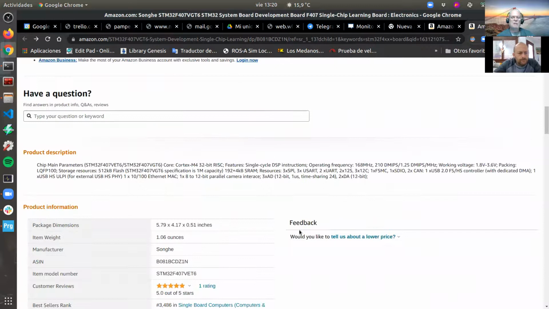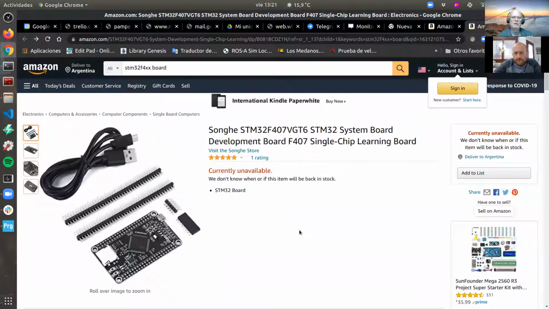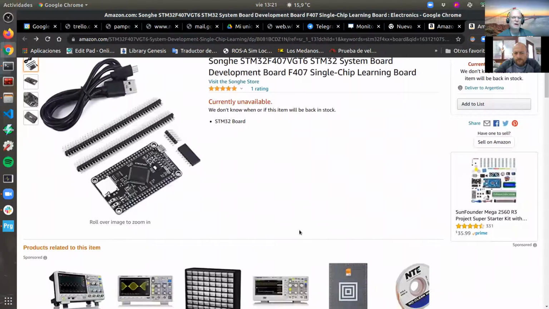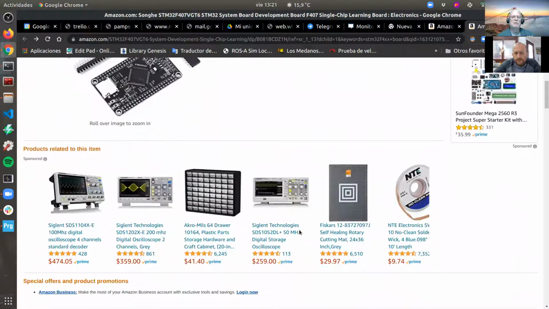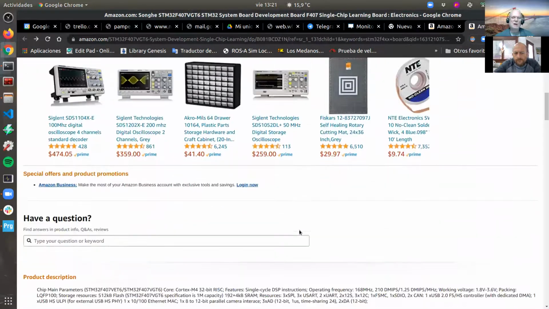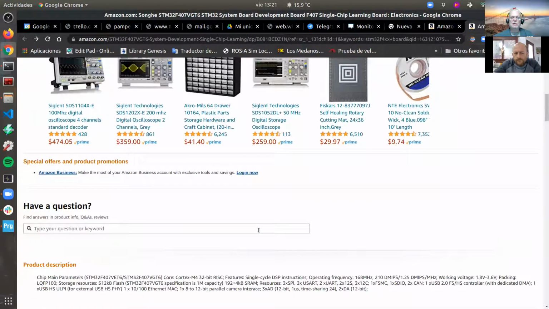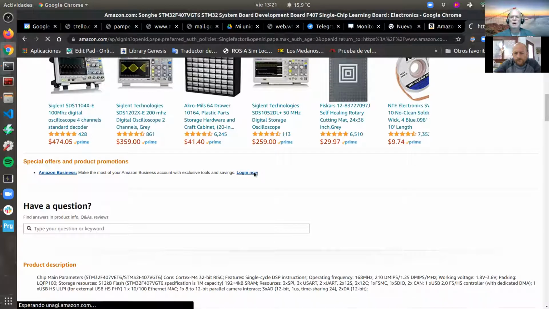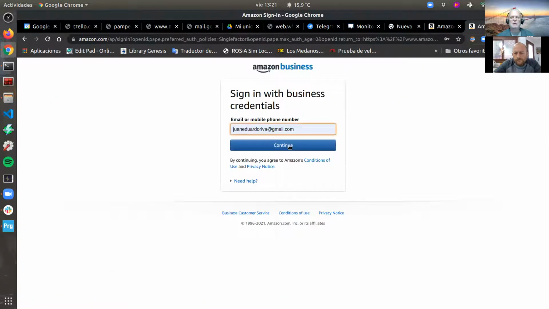Now, another time, he's got multiple listings out there, which only one shows up when you search, but I found his other one, and somebody says, where's the documentation? And he pointed to a link that was somewhere in China. It turns out it was the wrong board. So he posted that link again and decided when it could work. And then he says, well, contact me and I'll send you the information. So